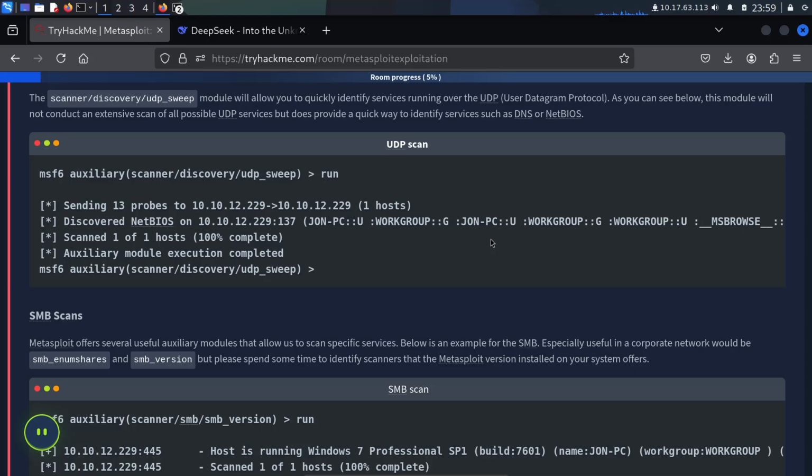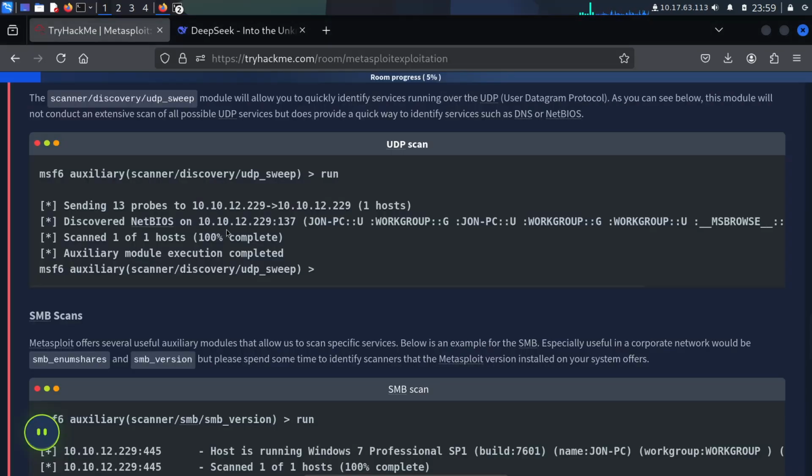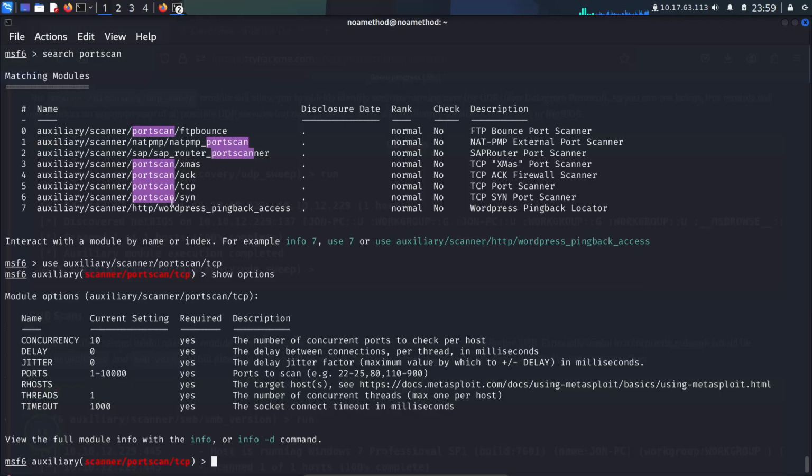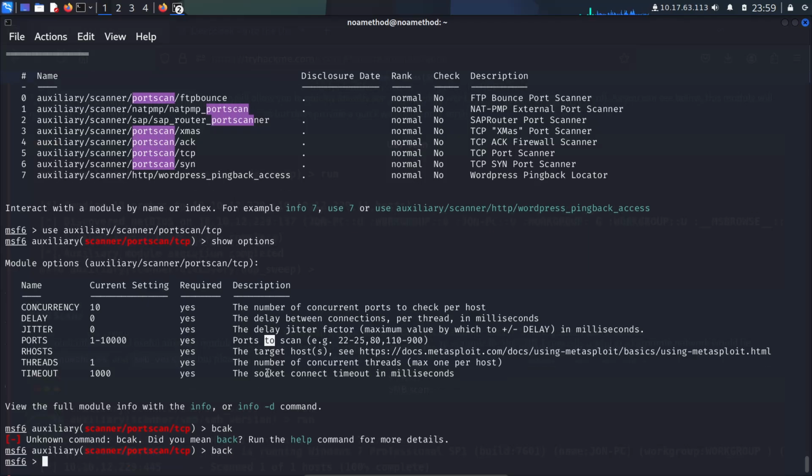We can try the scanner discovery module. We can go back, I'm sorry, and then we can search.